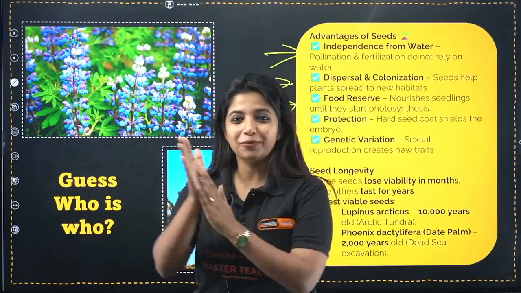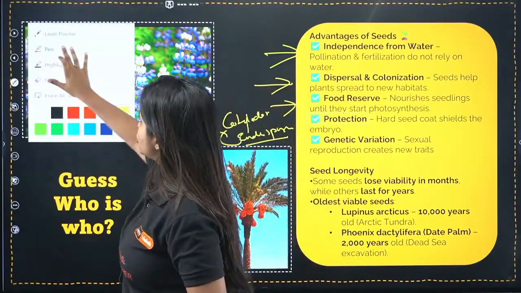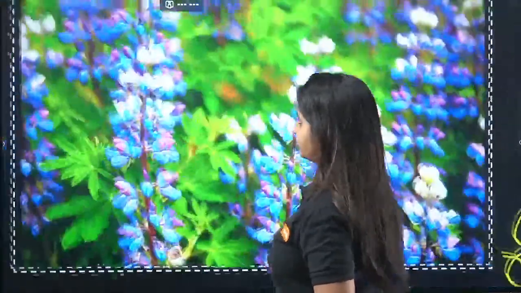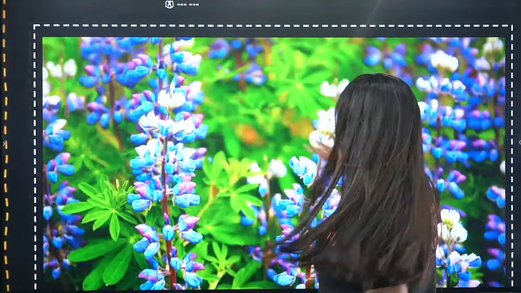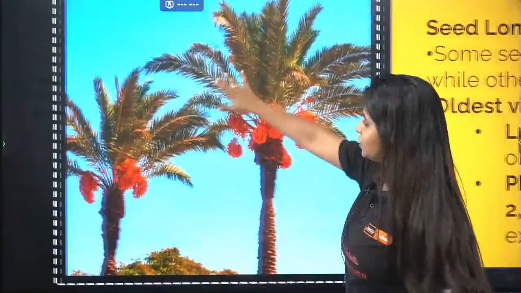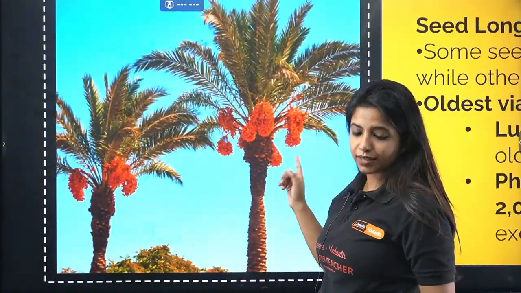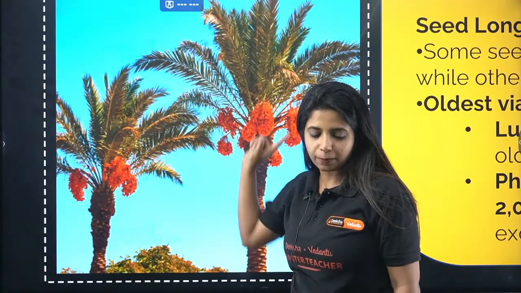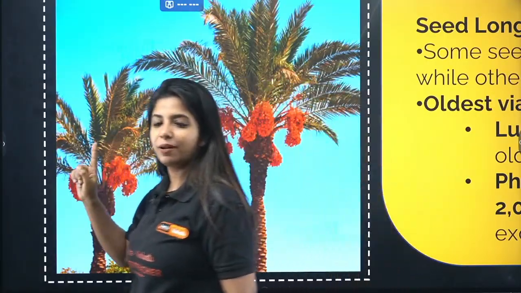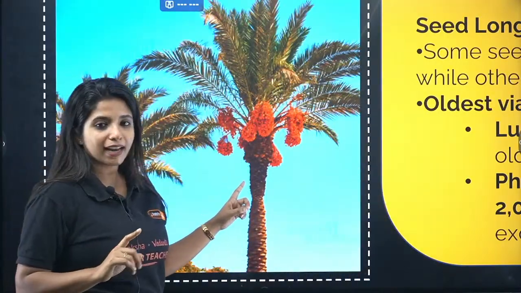For the next part, I'm really, really excited. So over here, I have a picture. This picture, this is a plant. Okay. And over here, there is another plant that is this. And I'm pretty sure at least you can guess this. Can anyone guess which is this particular plant? Thank you, Suvarna, for giving the thumbs up. Which is this particular plant? Any guesses?